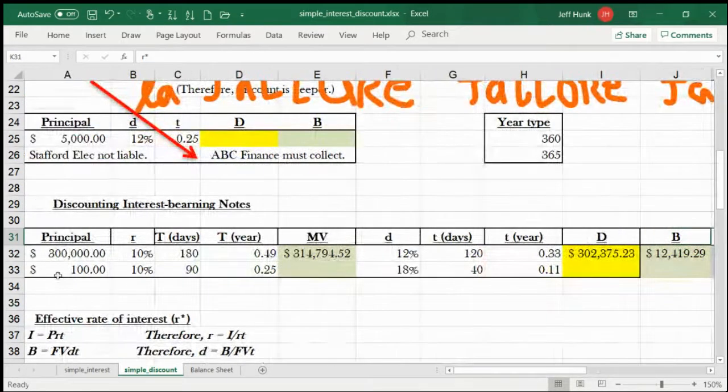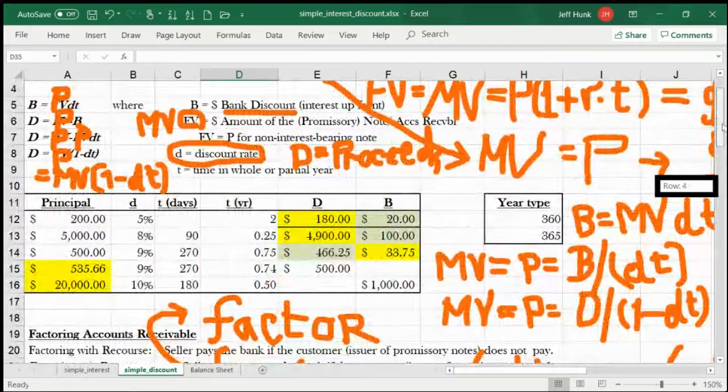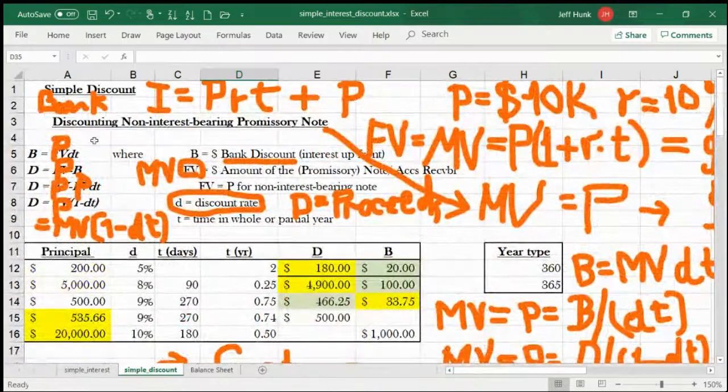Next example. So just $100. That's too small. Let's make it $1,000. $10,000 at least. Okay. So once again, this doesn't have to be only a promissory note. This can also be an invoice, but in most cases invoices don't have interest. So in most cases, discounting invoices would be like discounting a non-interest promissory note. Okay, but anyway,